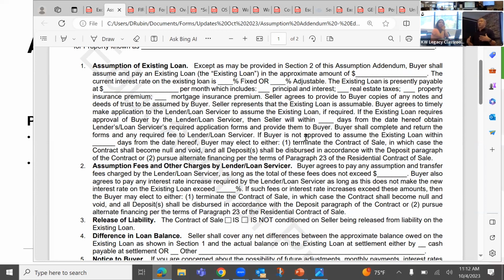Just make sure you're setting expectations clearly. Just because this form is here doesn't mean that your buyer is going to qualify for an assumption automatically, right? It is my hope, and I've heard anecdotally, that lenders are starting to get more creative with this because there's so much demand. I mean, buyers would much rather assume a 3% than take out a 7%. So I think there are lenders out there that have some experience doing this, but just a lot of things need to line up, right?